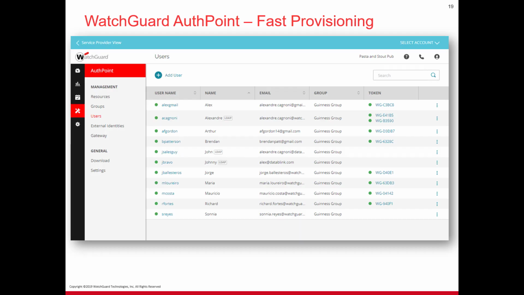The Users view will show you the list of users configured, their status, and if they have tokens allocated. And user provisioning is really fast. You can create users manually or just synchronize one or more groups of users from your Active Directory or LDAP server. When users are synchronized, they will receive activation emails so they can download the AuthPoint app, activate their tokens,